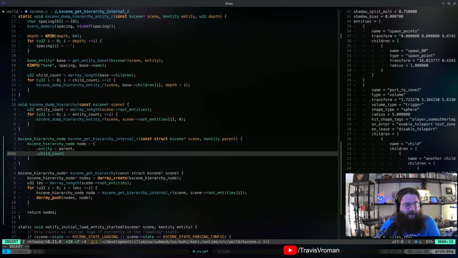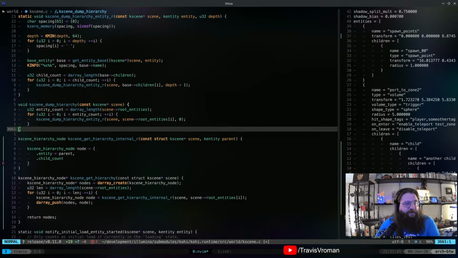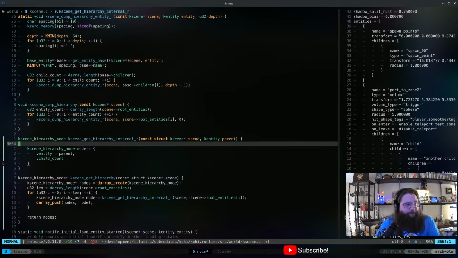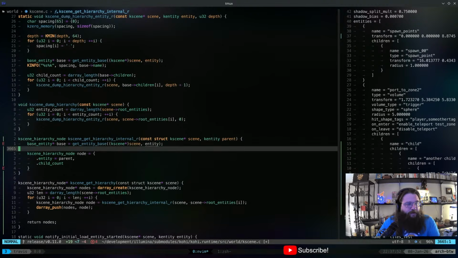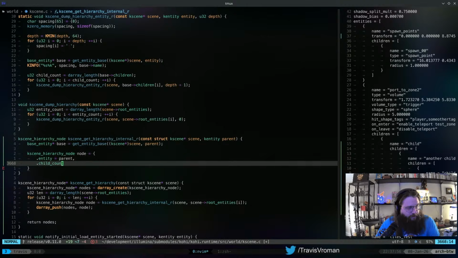the child count, we will set to, let's actually get some information on that first. So let's actually do this base here. All right, so we'll go ahead and get that, and this is parents, right?